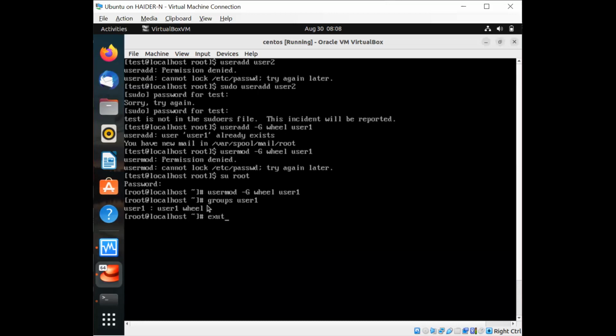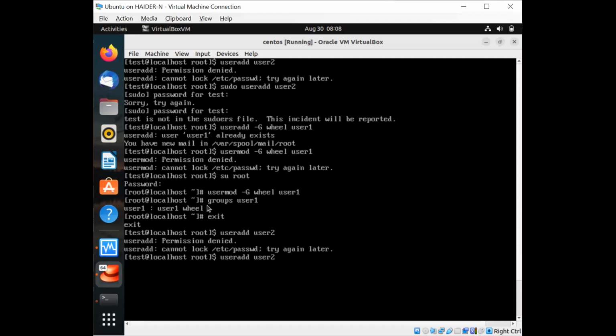So let me exit and see whether the changes we have done are getting executed or not. This was the admin command we were talking about, and obviously a normal user will not be able to do that. So let me do it by using sudo. Last time we saw that it was complaining that you are not in the sudoers list. Now see,